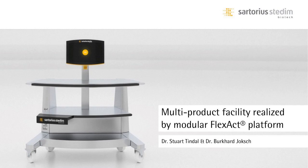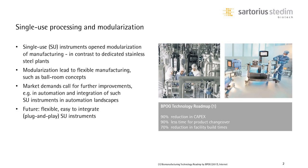So our topic today is actually multi-product facility realized by modular FlexAct platforms. So we want to discuss single-use manufacturing and how it's evolved and what we've learned in the last 10, 15 years as it's been more and more adopted within the biopharmaceutical industry. I think one of the first parts is that we can't really adopt a copy-paste attitude from stainless steel to a single-use facility. There's a lot more available, flexible manufacturing options, degrees of freedom that we can adopt within this